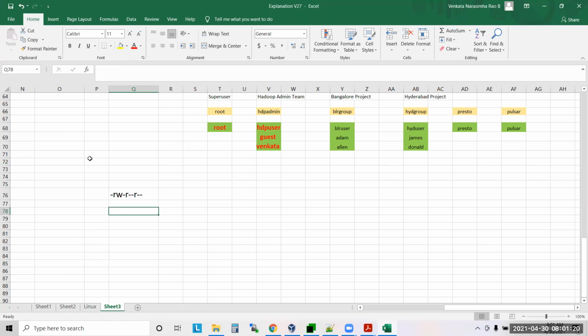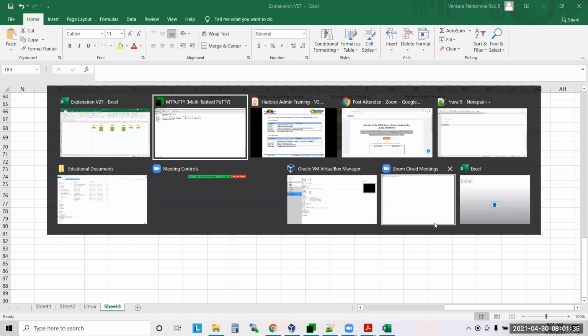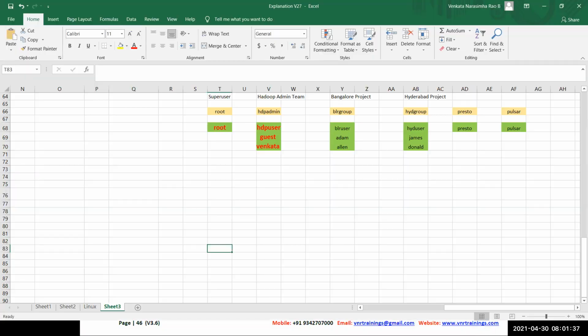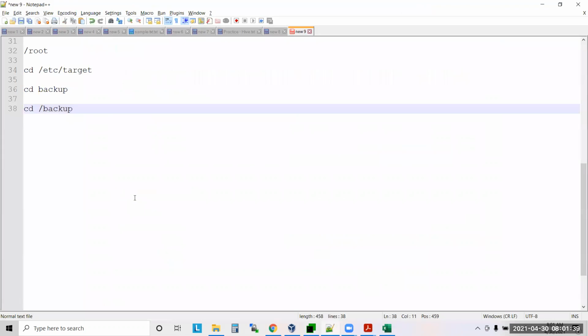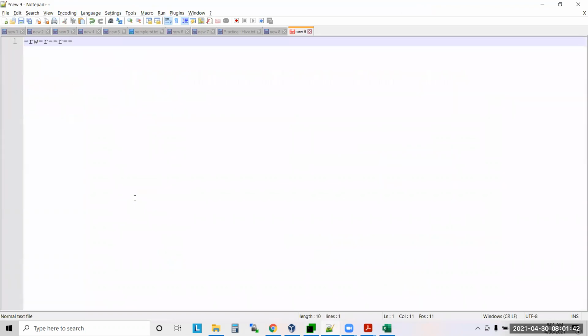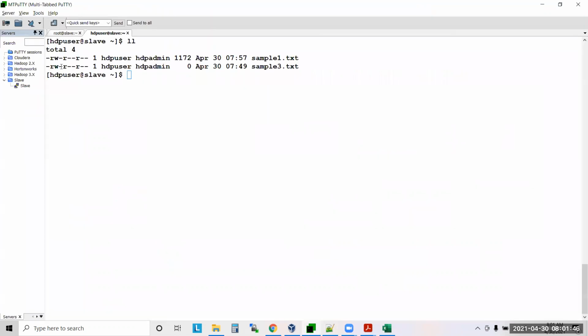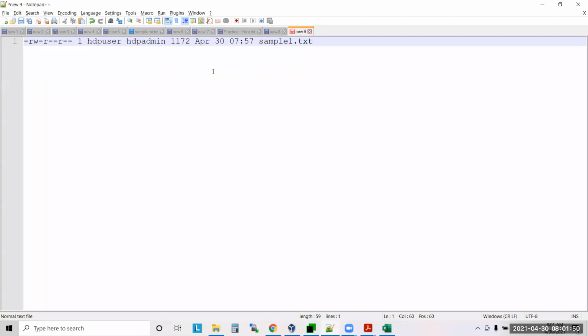The first one I'll take like this, and the next three I'll take separately. Let me write the entire line here. This is what it is saying.